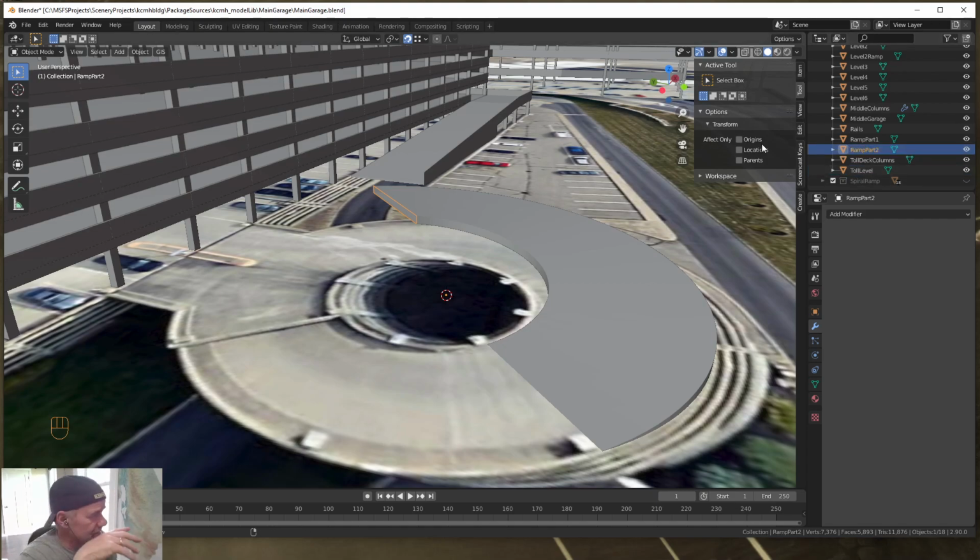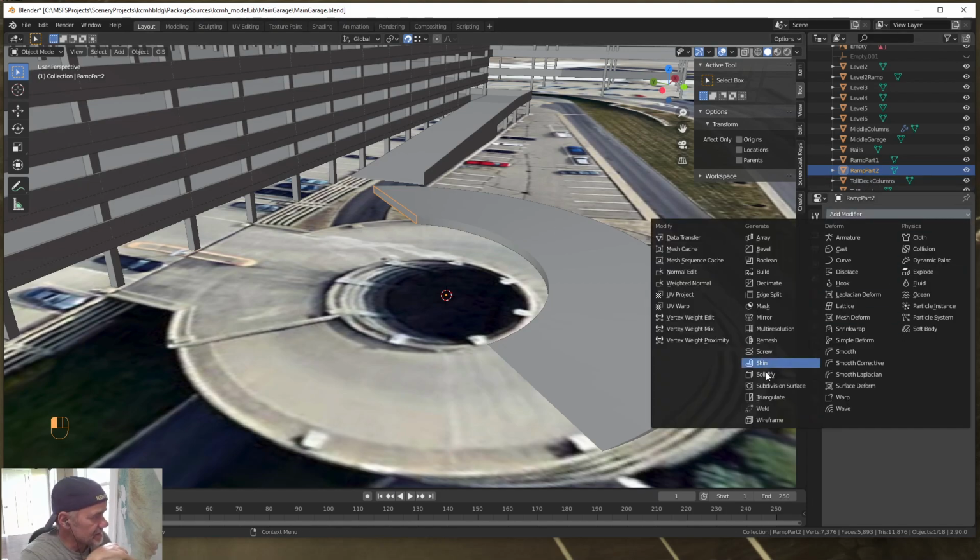That way our naming conventions are correct. All right? So there's part 1. There's part 2 that we're getting ready to construct right now. All right, so with that object selected, which is a copy of these end edges, we're going to go back